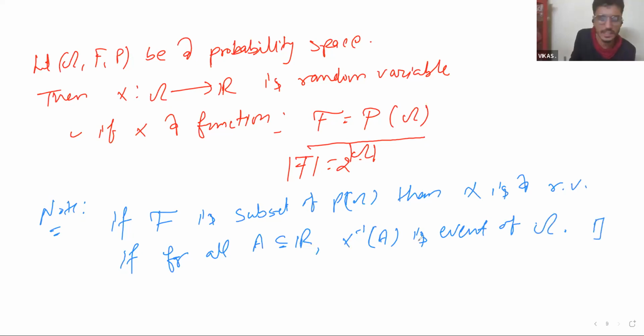That's it. Just a notation. But you don't have to go into this definition, no need to go into this definition.